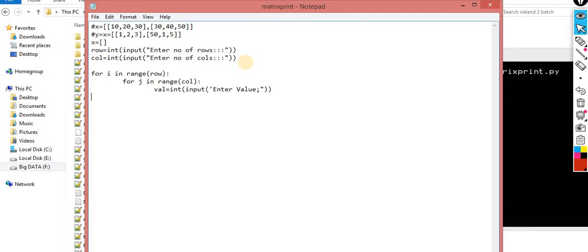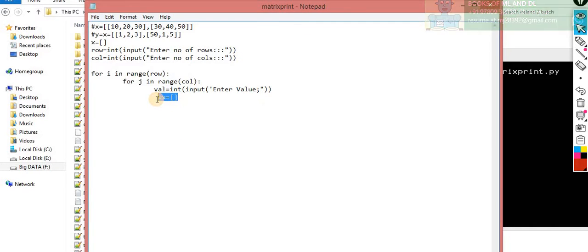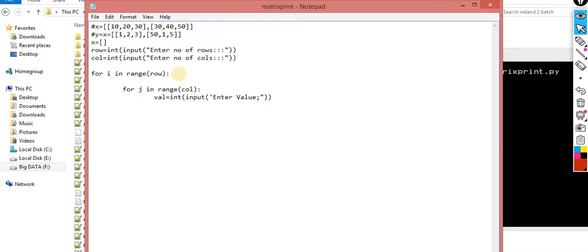Okay, so now what you have to do other? Okay, you are supposed to make a 2D matrix. Okay, so what I am doing, xx is equal to, I am making this one. Let me cut it from here and paste this temporary matrix over here.